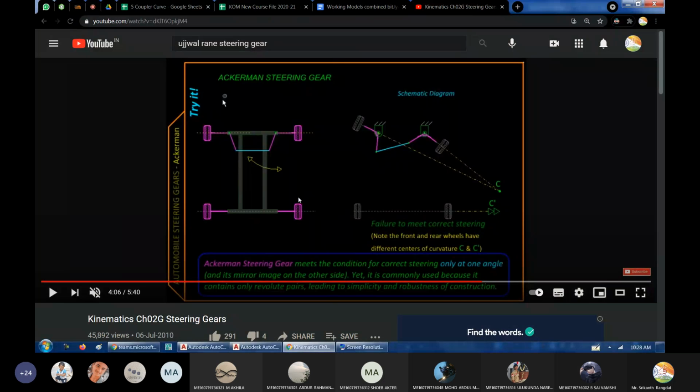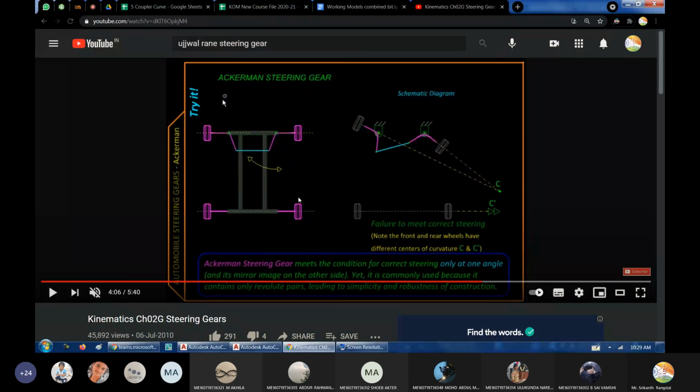If you are making a car which is very costly, where cost is not at all a constraint, then you can even go for a Davis steering gear mechanism, because you can invest more and ensure that the mechanisms are manufactured correctly. But if you want to make a car which is low in cost, you want to reduce the cost as much as possible, and you are ready to accept some error, then you will go for Ackermann steering gear. So it depends from company to company. It's not a hard and fast rule that we are using only this mechanism or only that.